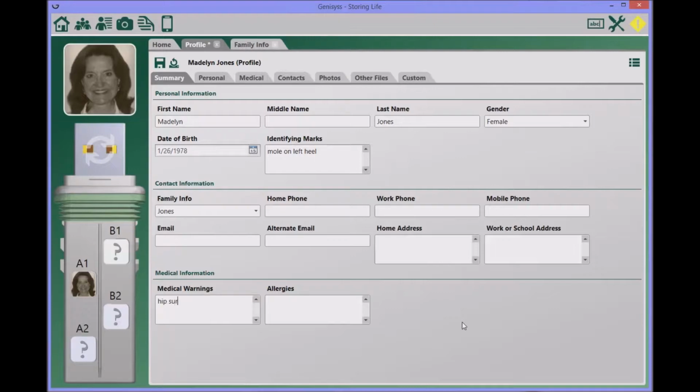So let's say Madeline had hip surgery. You want to put the date that that surgery happened, say March 15th, 2010, and whatever current medications this person may be taking. So if there's a certain medication that you're on, whether it's for blood pressure or something else, diabetes. In fact, if you had diabetes, you certainly would want to put it in these medical warnings area. But you want to put down any medications that you're currently taking, the dosage, and any surgeries and when those